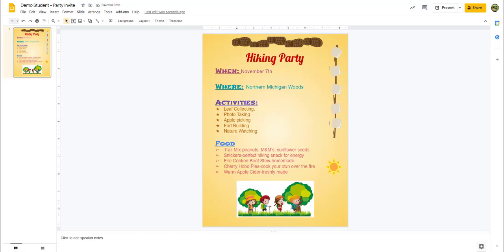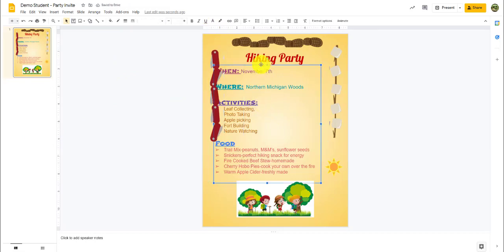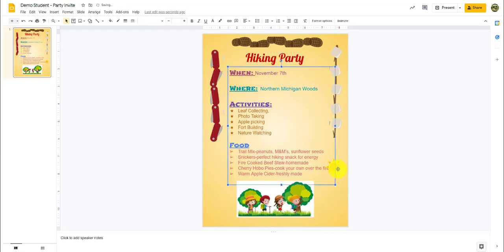And the last one is if you're going to go hiking, then you need some little knives to go a little hiking. And then you can see I've got to move my words over a little bit so they're not on top. And then I've got to move my sun because you don't want any pictures on top of things. So you can see over here